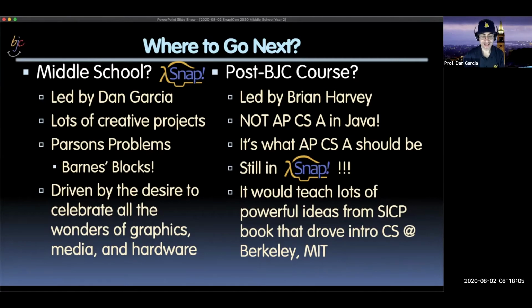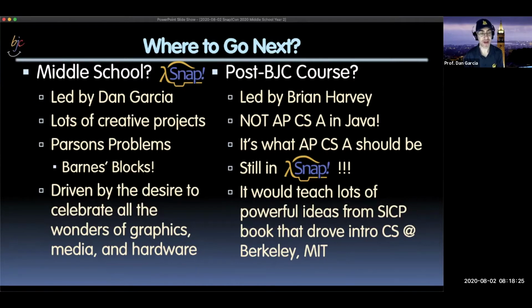Tiffany has the idea that she wants to give half the blocks to one person and half the blocks to the other and have them work together to solve it. And they can't borrow any other blocks. You have to only use the blocks in your palette, and they have to use theirs. I think many of us on the chat are going to call this Barnes blocks. The two people have to work together to do that. I think that's a delightful idea.